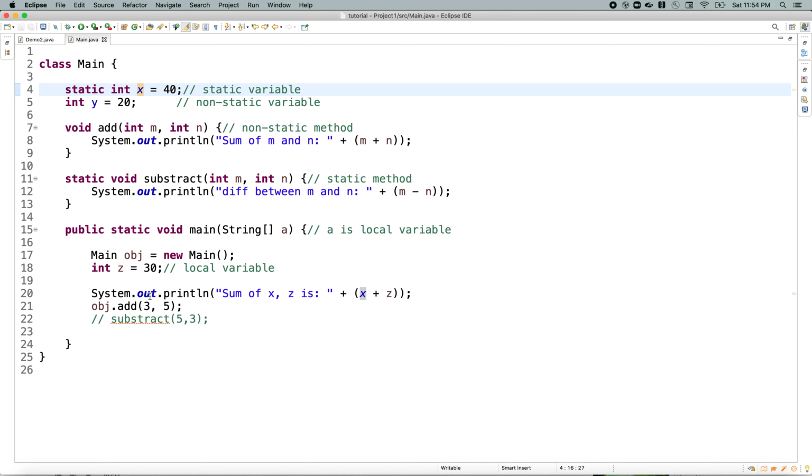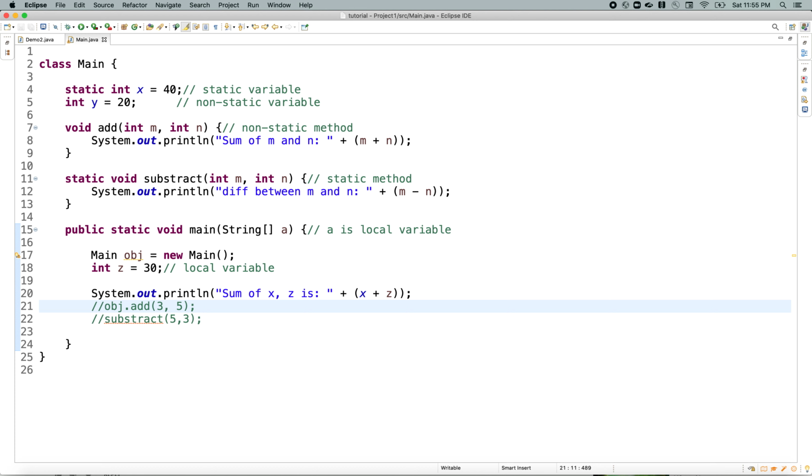In the main method, I'm printing the sum of x and z, and then I'm calling the add method using the object. Also, I'm calling the subtract method. For now, I'm commenting out these two lines, and I will explain what this program is doing when we execute it, so we'll have a meaningful discussion.